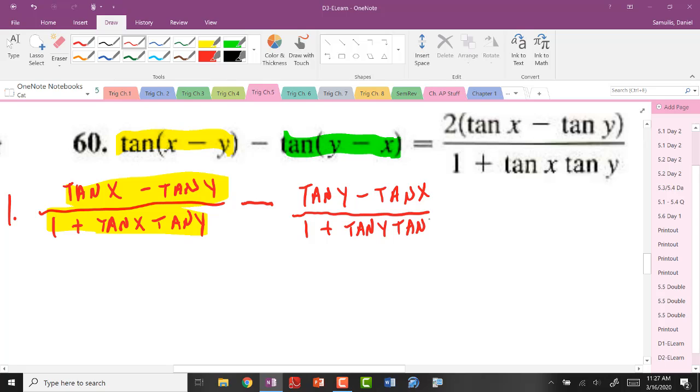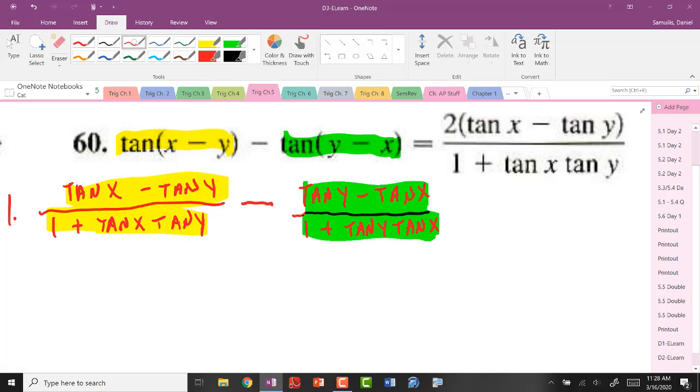So it looked scary at first, but now when I look at this, I am subtracting two things that already have a common denominator. So I'm going to purposely write this as an extra step that probably will not be needed in your work. Tan x tan y, is that any different than tan y tan x? No. Multiplication is commutative,